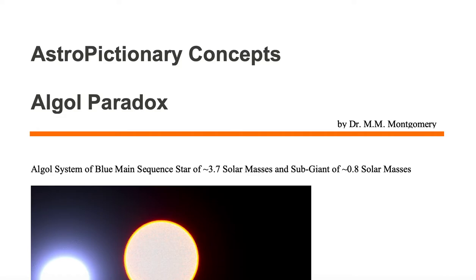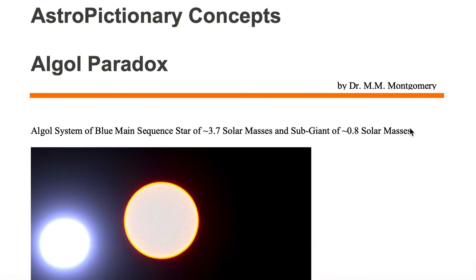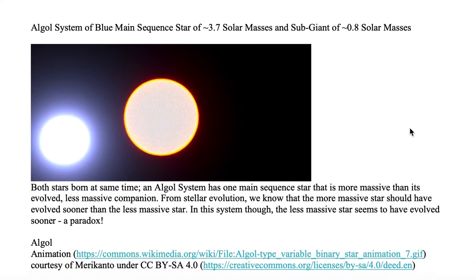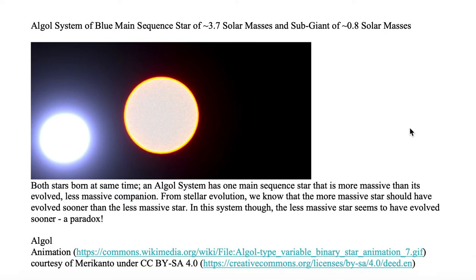AstroPictionary Concept video, we're going to go over the Algol Paradox. Here we're looking at a snapshot in time of an animation of an Algol system. On the left, we have a blue main sequence star, and in blue lettering, I'm going to label it M sub S. I'm also going to call it M sub 2,